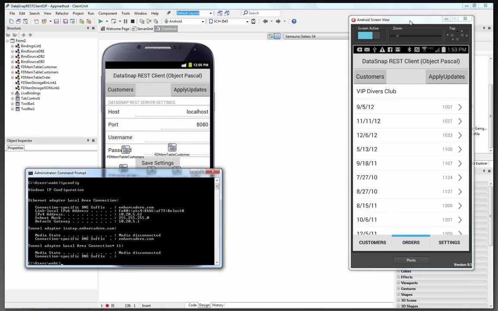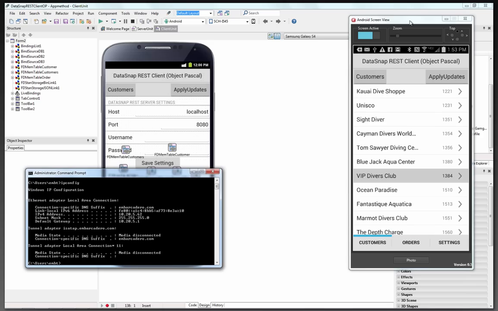The other thing is that you saw in the source code that I closed the FDMemTable, which clears out the FDMemTable since I haven't saved it. I'll add some code later to the final project so you can save the data that's cached on the mobile client. That way you could disconnect from the DataSnap server, come back in, load the saved data, because the FDMemTable can save to XML, JSON, and its own binary format. And then we could just continue editing things